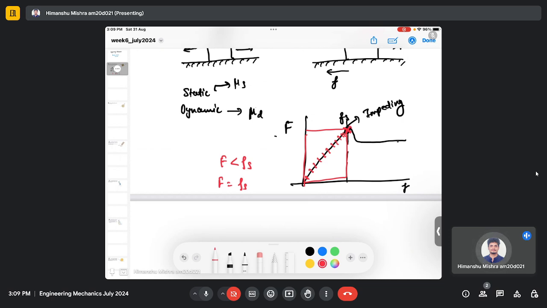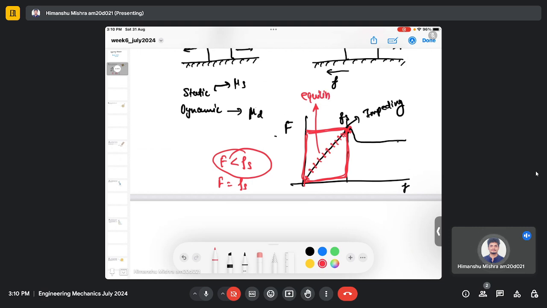At this point the impending motion happens, the body is about to move. Before this point, in this red region, the applied force is less than the maximum friction, which means you can find the friction force, you can determine or analyze the friction in the system